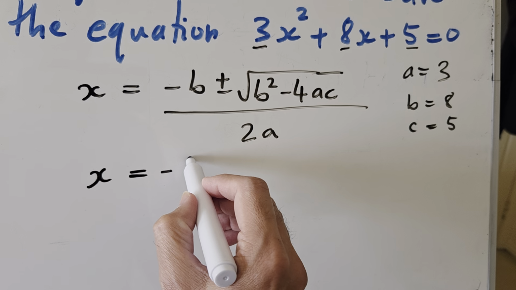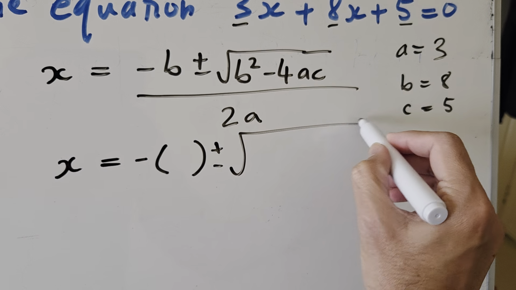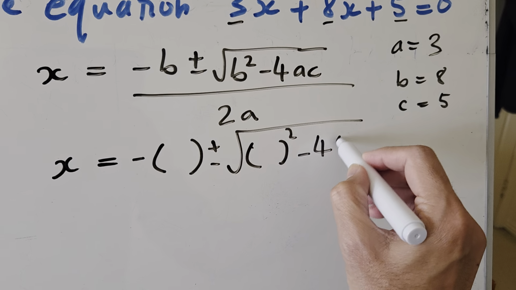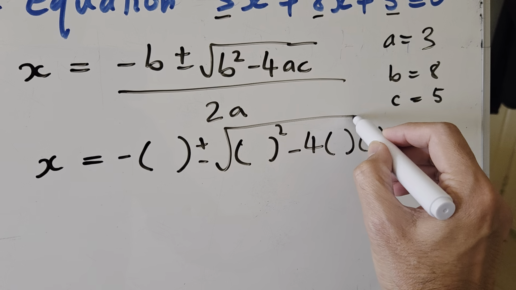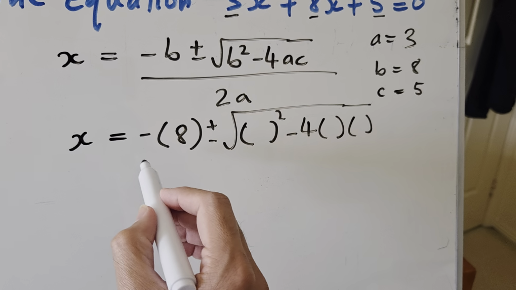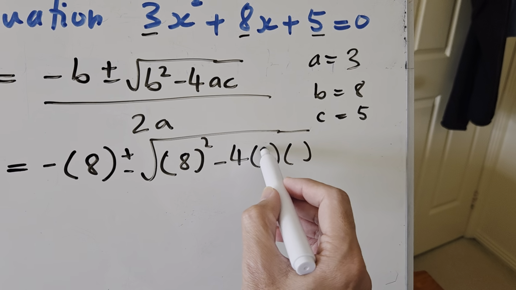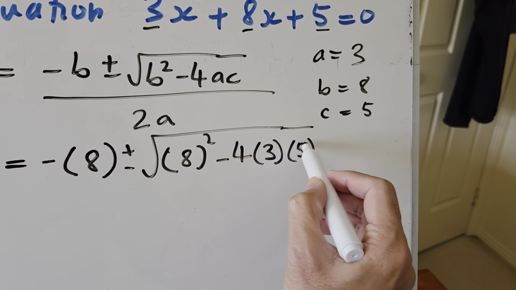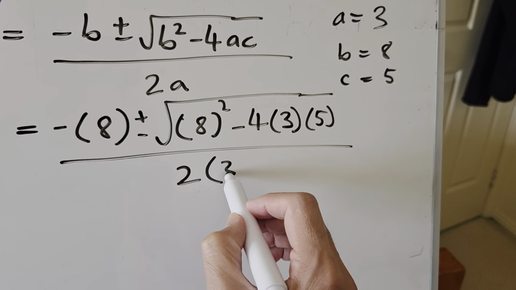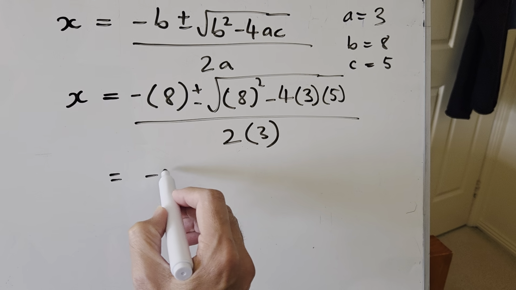So minus b plus or minus square root of b squared minus 4 multiplied by a multiplied by c. So b is equal to 8. So you put 8 over there, a is equal to 3 and c is equal to 5. The whole thing divided by 2 multiplied by a. The value of a is equal to 3. So that would be equal to negative 8